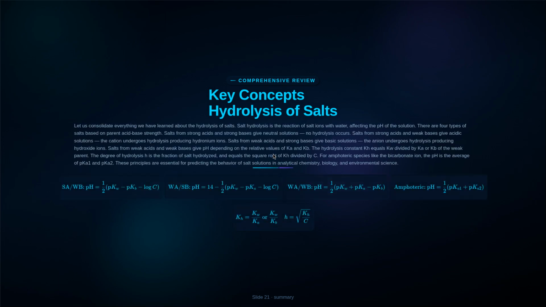Let us consolidate everything we have learned about the hydrolysis of salts. Salt hydrolysis is the reaction of salt ions with water affecting the pH of the solution. There are 4 types of salts based on parent acid-base strength. Salts from strong acids and strong bases give